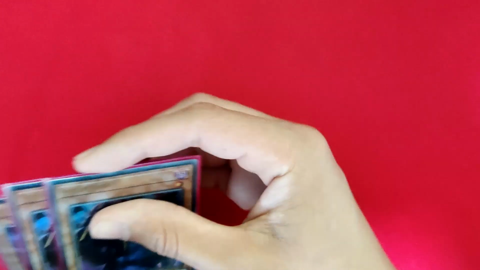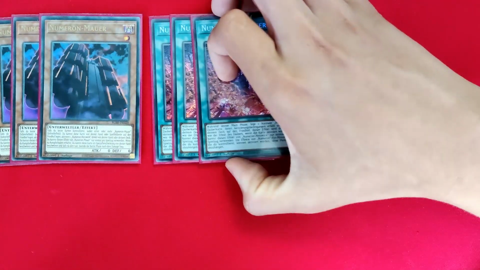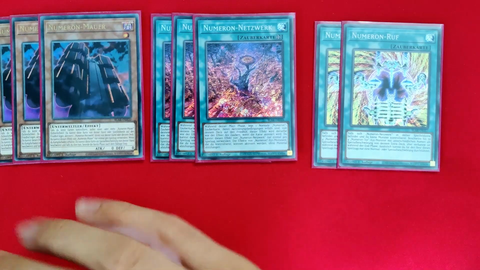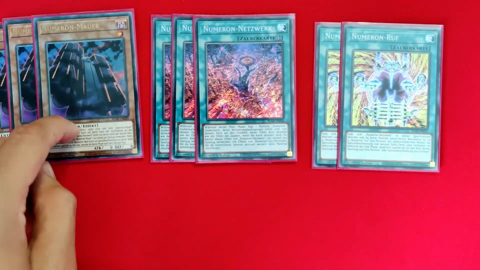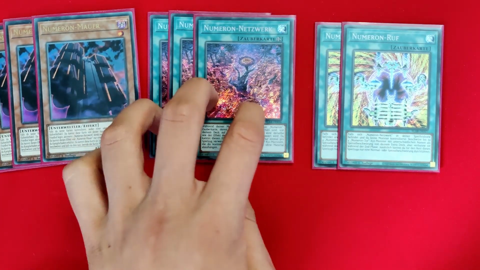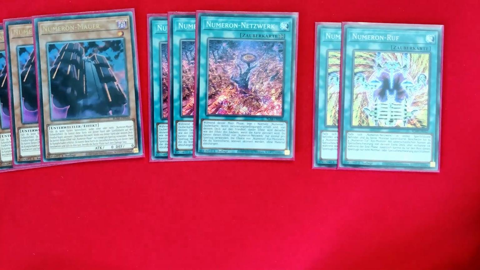So to start with the deck. Firstly, I'm not doing it as a standard monsters, spells and traps. I'm doing it in a way that better lays out the cards. So first you've got the engine. Triple Numeron Wall, Triple Numeron Network, and 2 Numeron Calling. This is the deck's main engine. This gets access to this, which gets access to this. You need to find some way to have this in your opening hand,